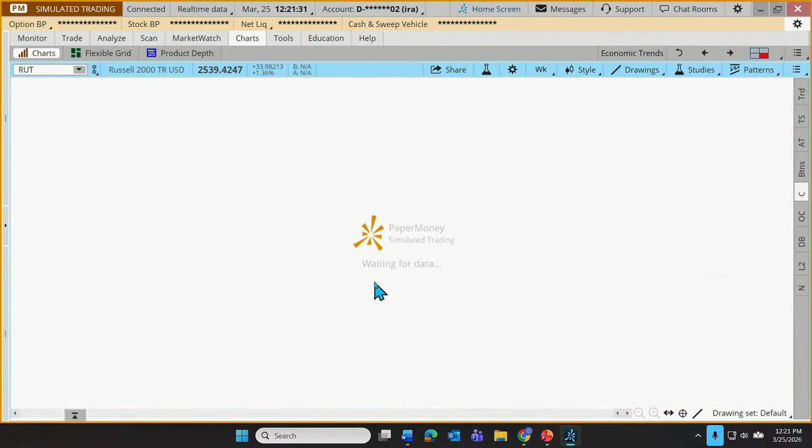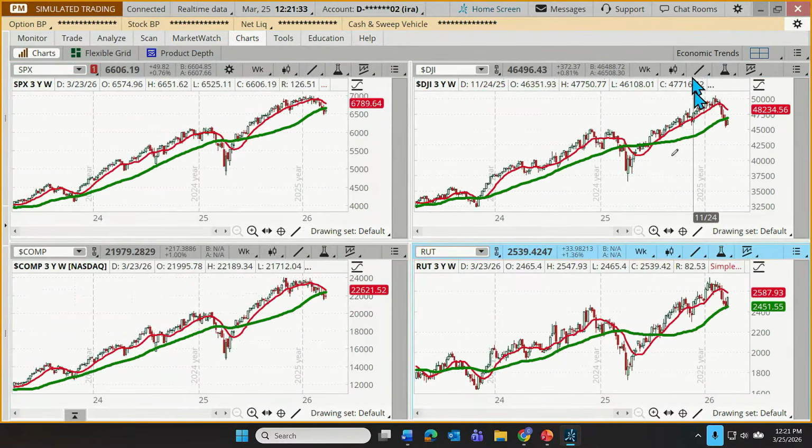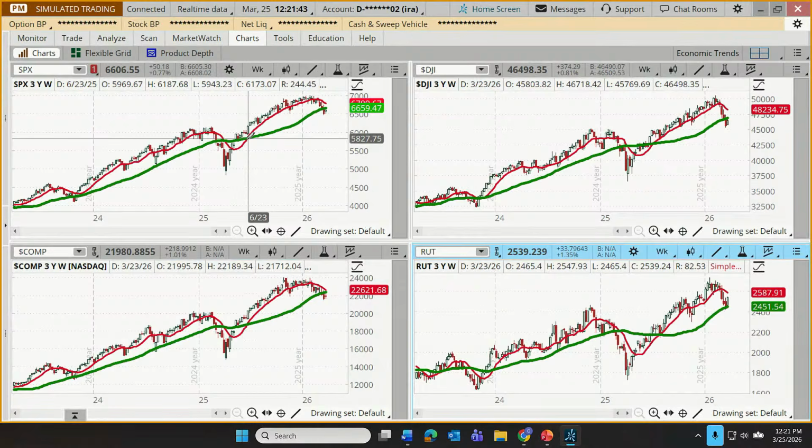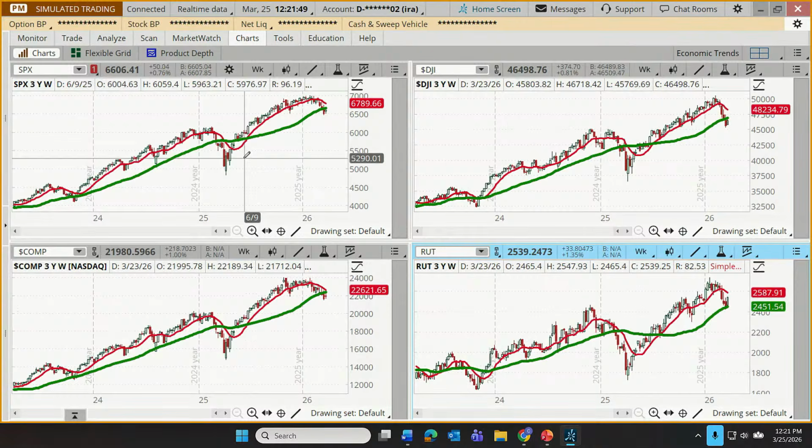There we go. So as we go back to these 4, now we can see all 4 are looking at a 3-year chart. They've applied a 10 over 40 moving average crossover system. And there are no other studies, nothing else is sort of cluttering up the chart, unlike what we saw on that first grid. So now we're ready to just save this grid.